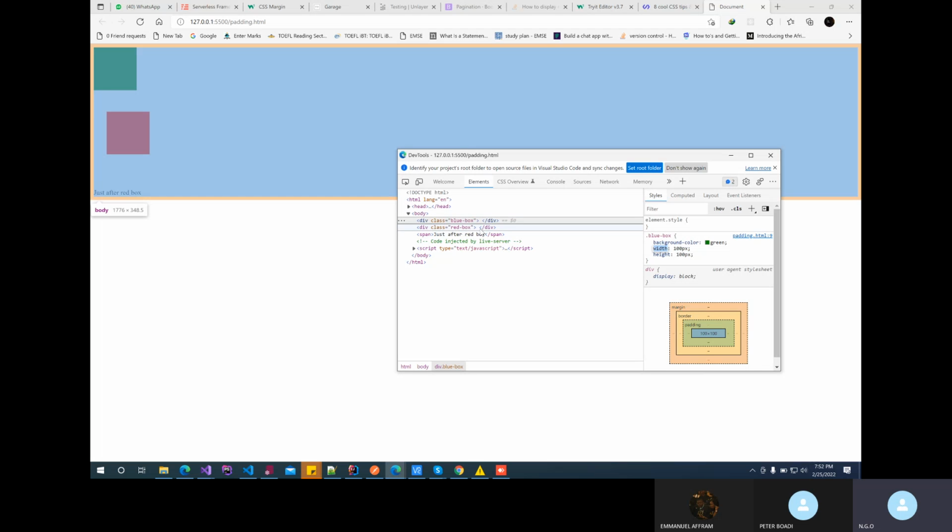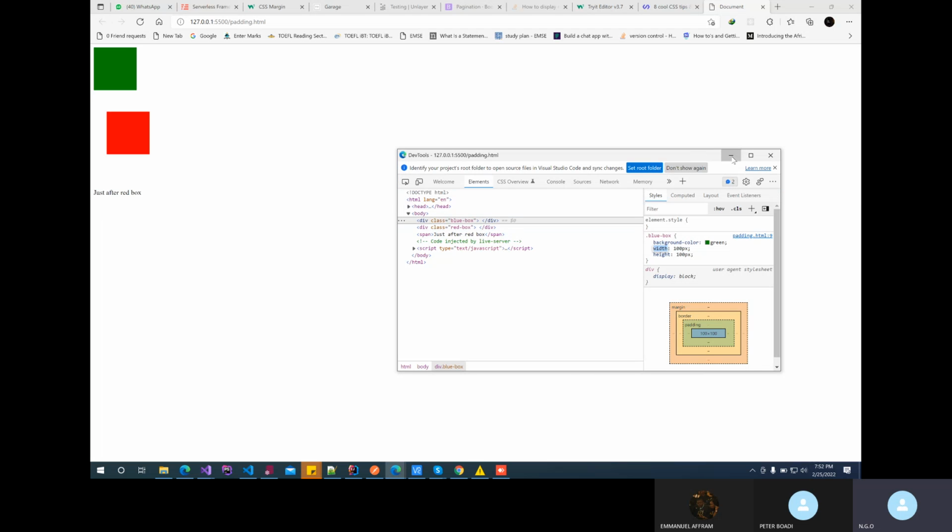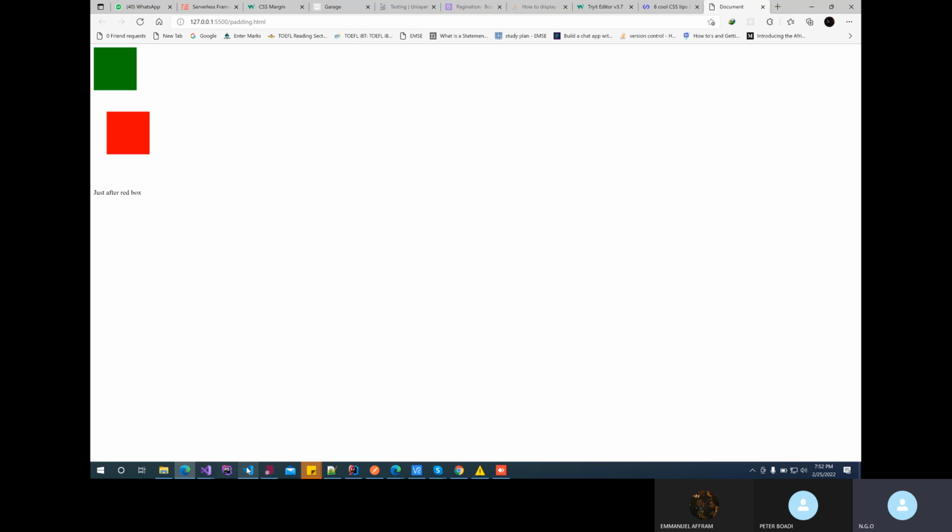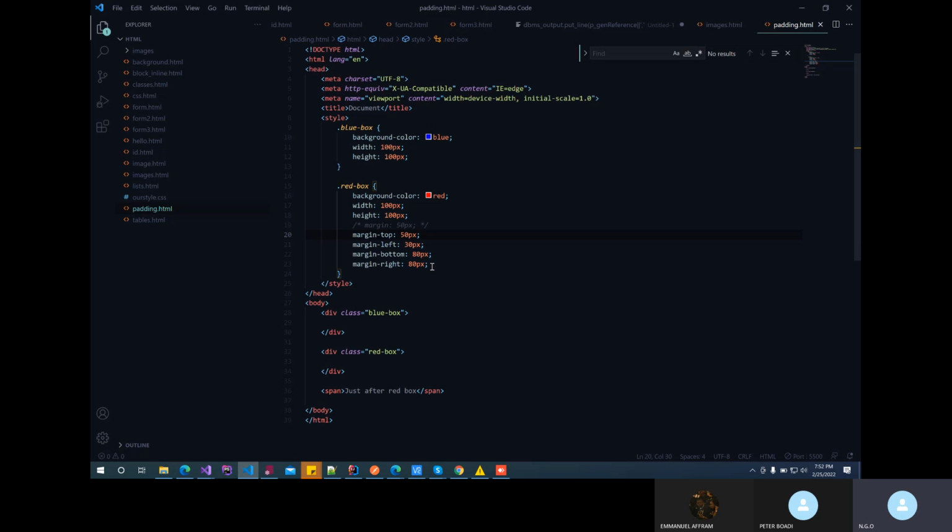Okay, so this is inspect element. Now, as I was saying, someone may ask, instead of writing all these long things, can't you do it an easy way? Yes, you can do that easily. And you call it the shorthand method of margin. So let's comment everything out. So this is how it goes. You do margin,